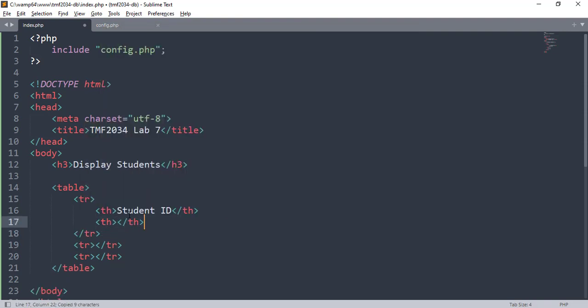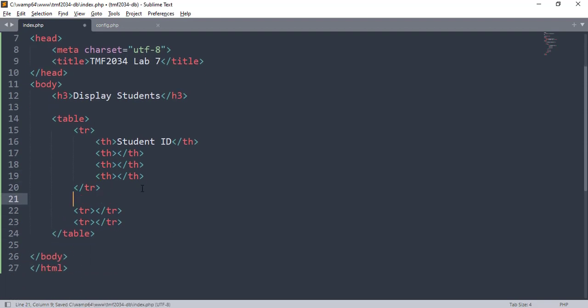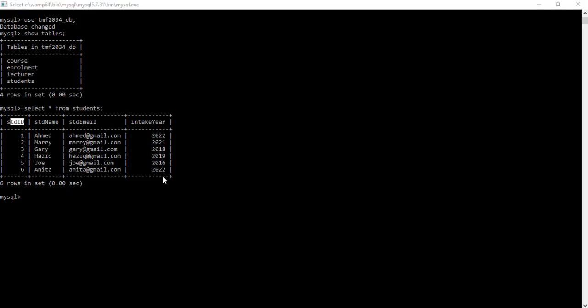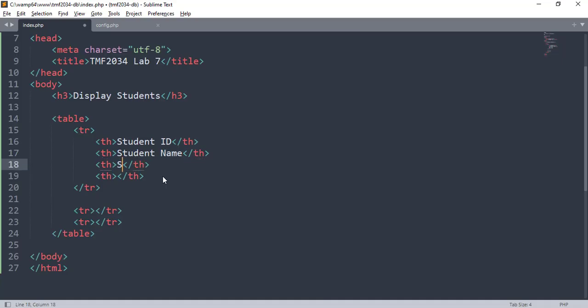I will just copy and paste everything here. Let's say this is our first row, which is all the table headings: a student ID, student name, then we have student email, then the last one we have an intake